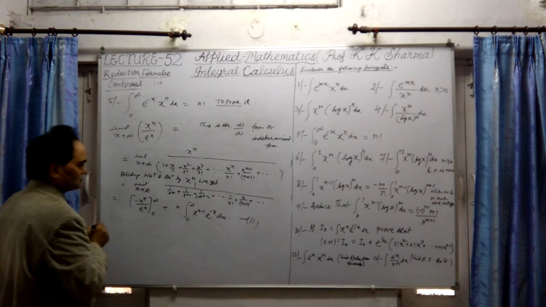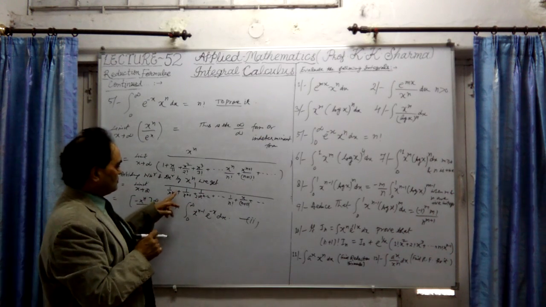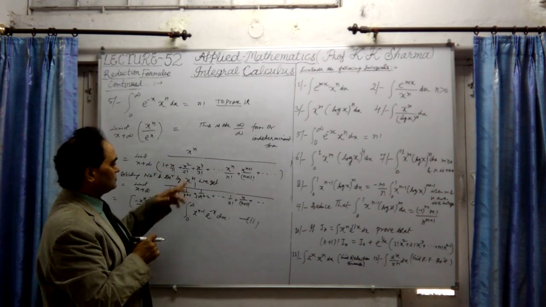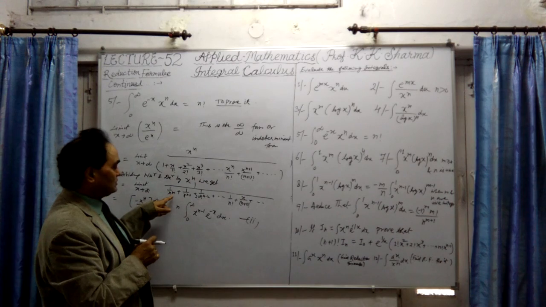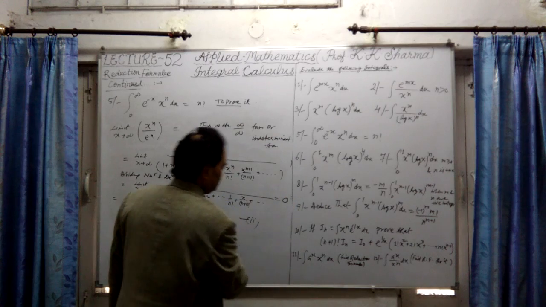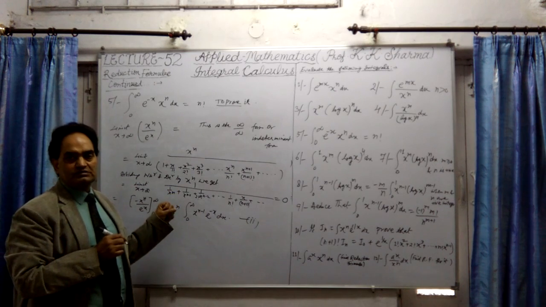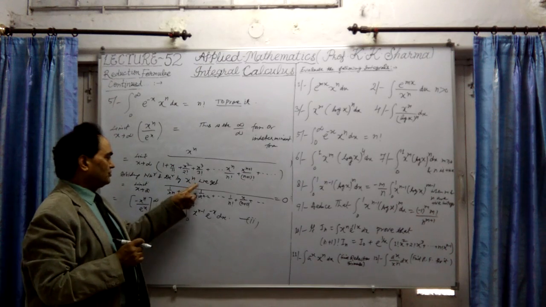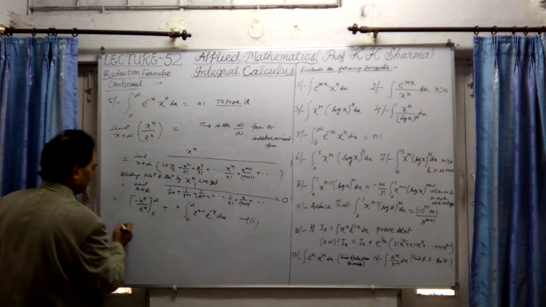What will we get here? 1 upon infinity is 0, so 0 will come in the numerator. Okay, so 1 upon infinity, that means 1 upon infinity is equal to 0. It will be equal to 0. Why? Because x tends to infinity, and 1 upon infinity is 0. 0 will come in the numerator, and 0 upon something is 0. The first part is 0 here. Therefore,